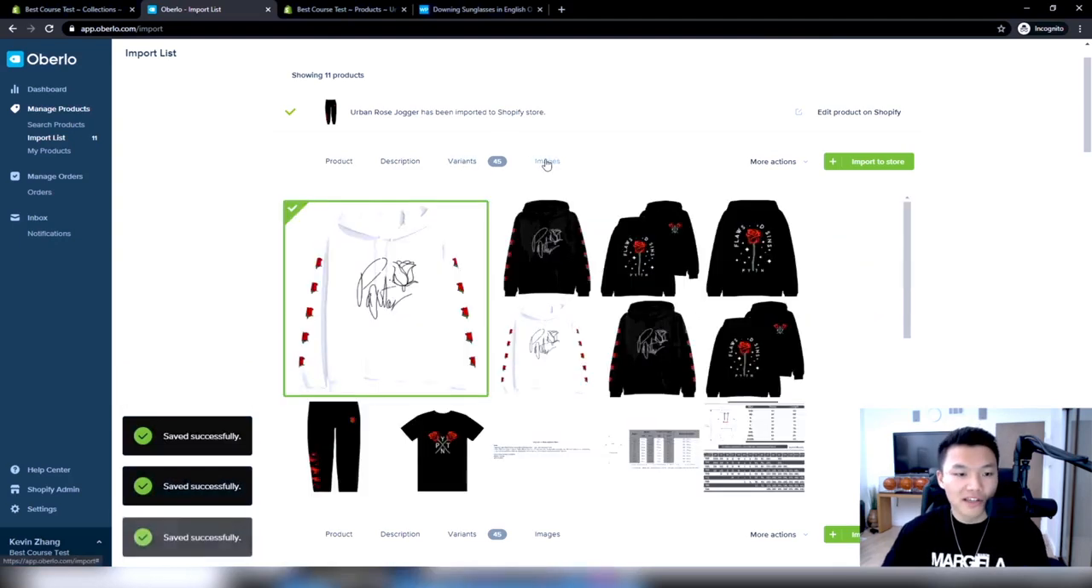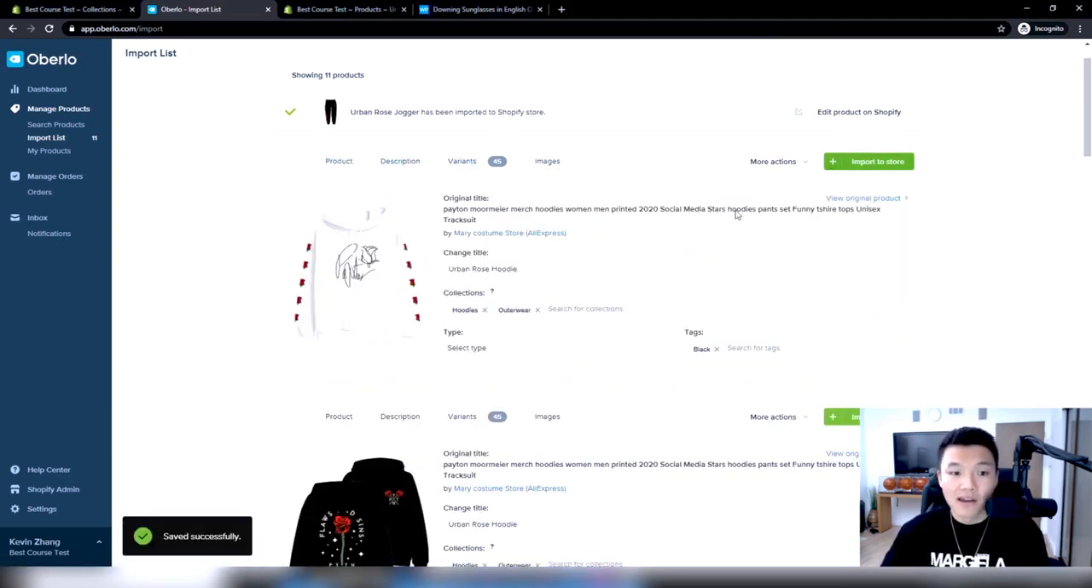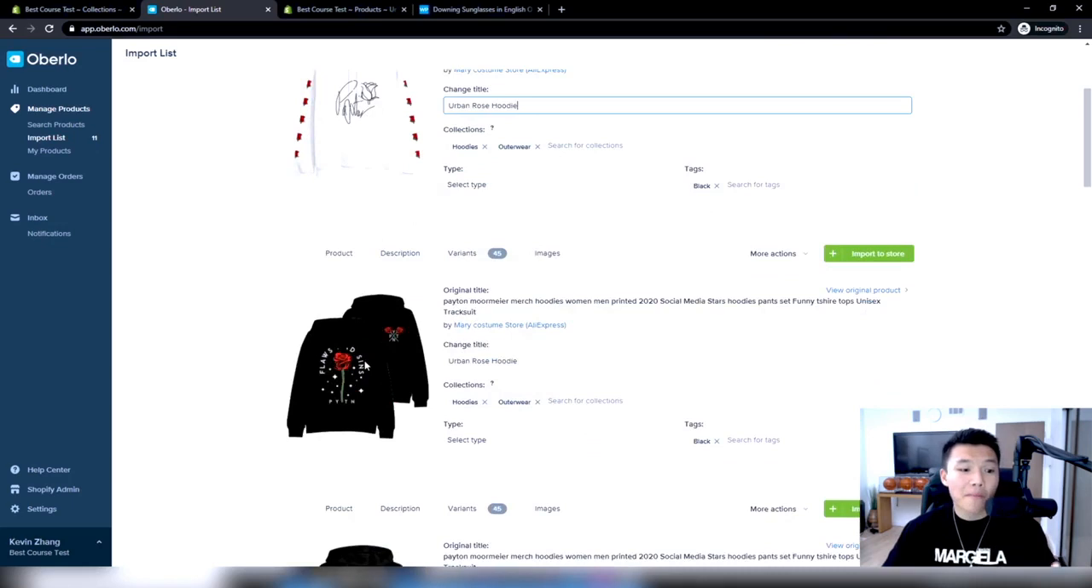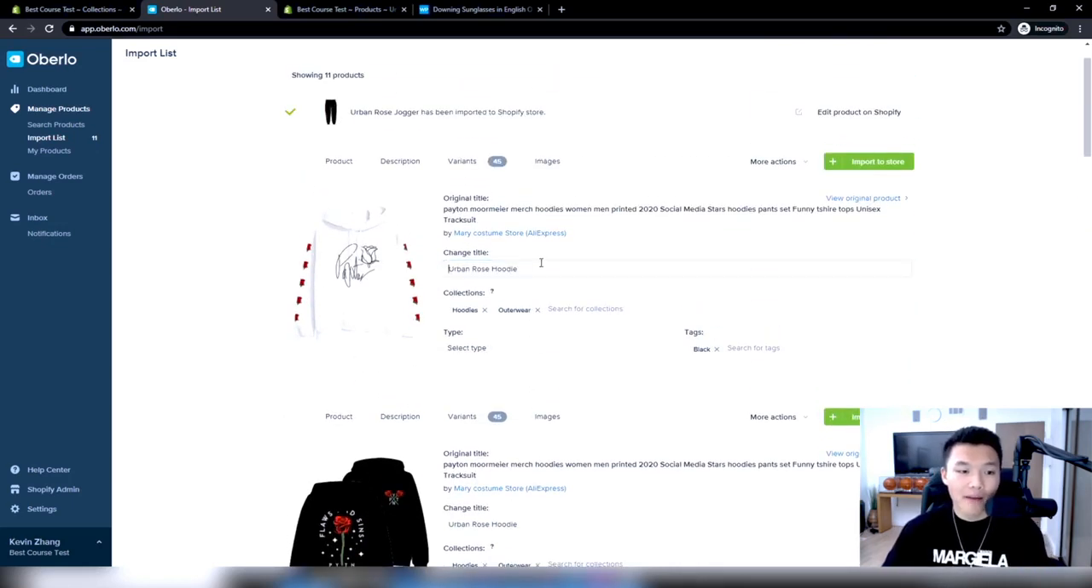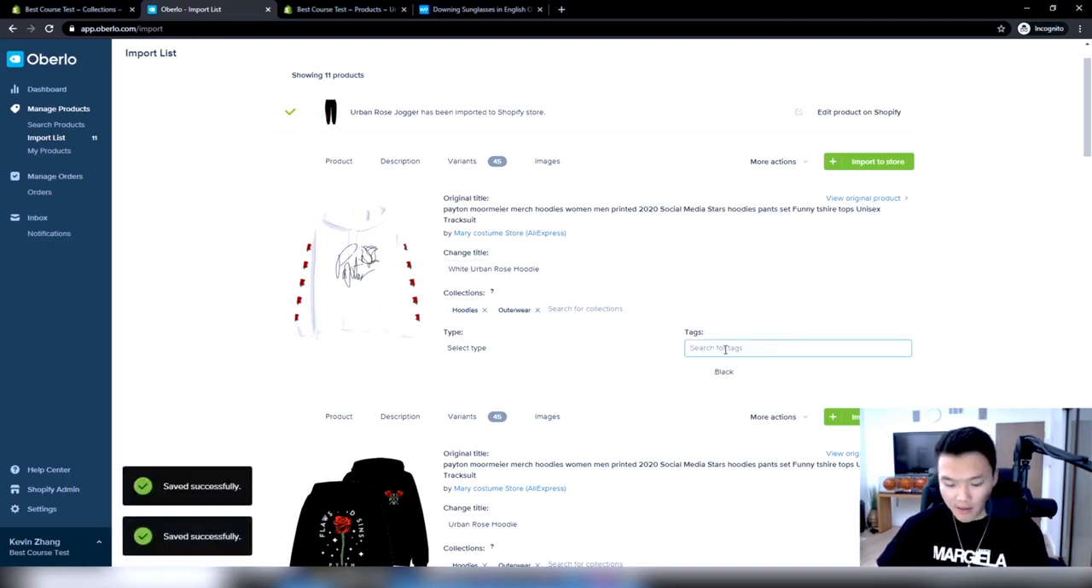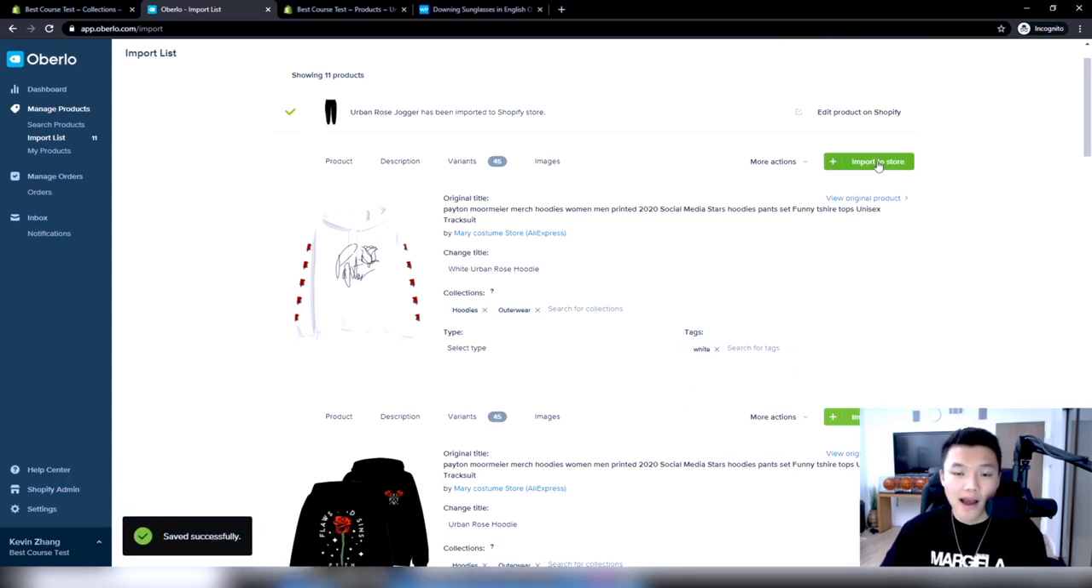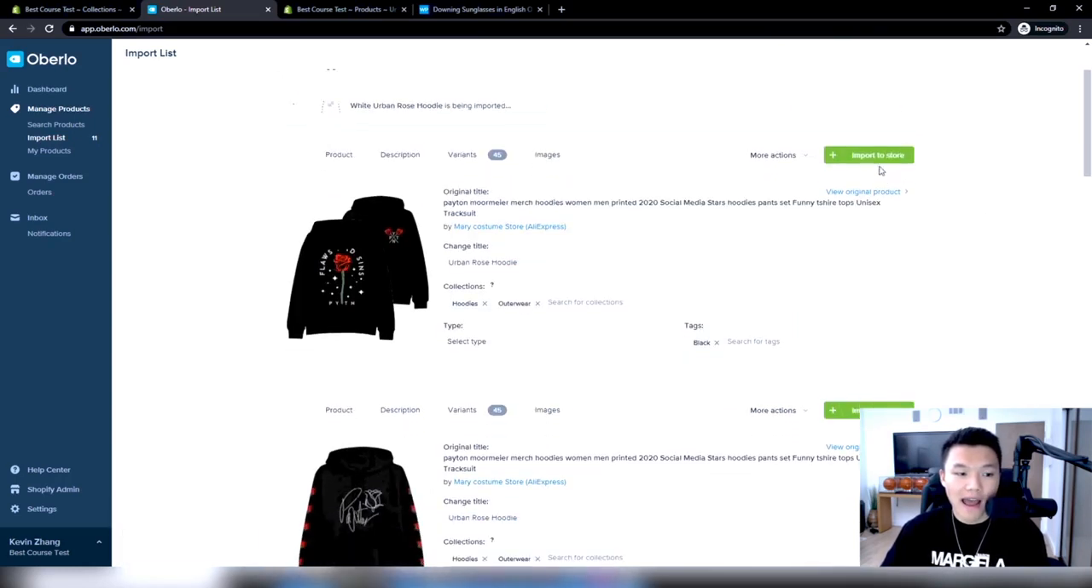I'm not gonna do all of these, you get the point, and I'm gonna import this one. But because we have a black one and a white one, I'm gonna call this one the white Urban Rose hoodie. Hoodies, outerwear, tags are wrong here. I'm gonna make this one white in case I make that white collection, and bam, I'm gonna import this one to store as well